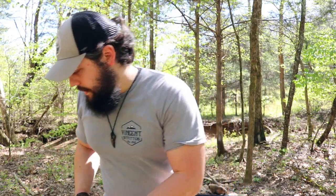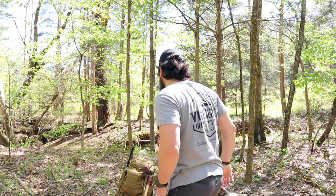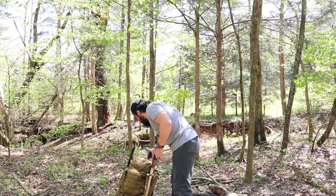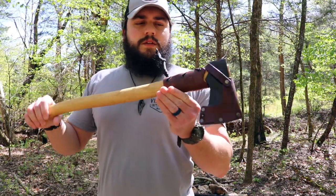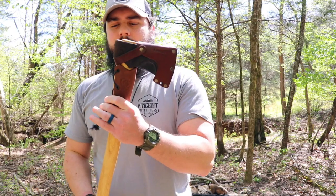So those are the 2 knives. Just wanted to show those real quick. I've got another piece from Condor. So when I got the Bowie, I went ahead and got this axe that I've been looking at,